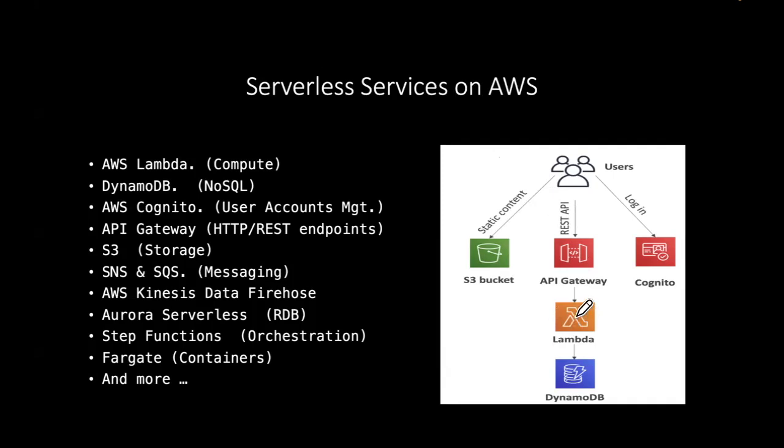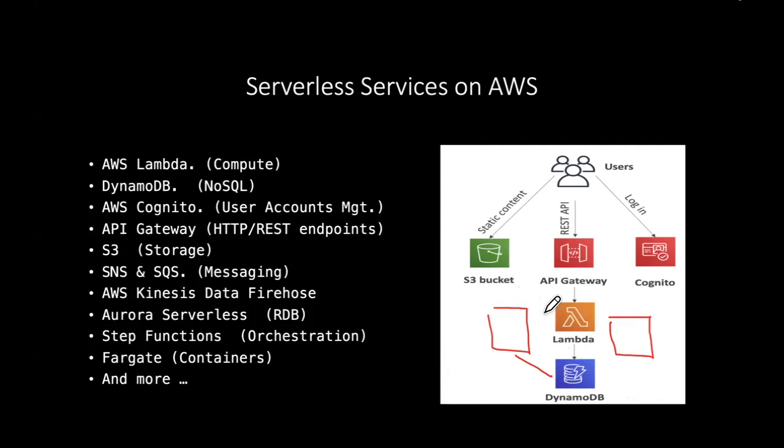So what we have here is the Lambda service operating. This is where we actually have our functionality, our endpoints. And you definitely will have a number of Lambdas running, and each Lambda implements a particular piece of functionality. Many of them will be talking to our database. In our case, it's a DynamoDB database that we're representing here, which is one of our serverless services. So the Lambdas will be talking to DynamoDB.